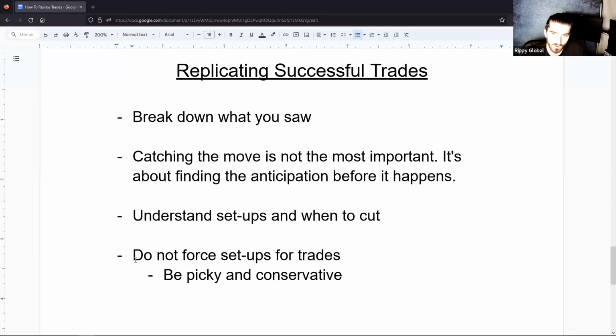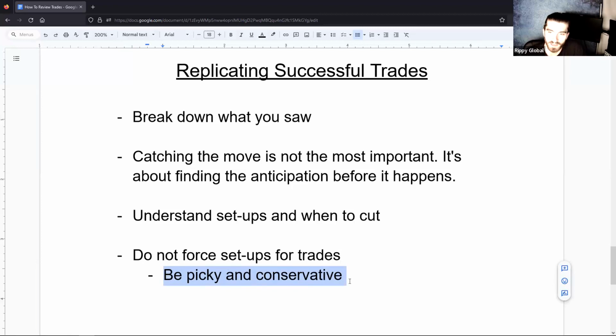So you're adjusting the loss as you go green, but the loss you never adjust when you go in the red. You have to keep that the same, because that is always going to be a priced in guess or a priced in stop loss for you. That's the only thing you have to respect. And so with a lot of setups, you have to be very picky. You have to be conservative.